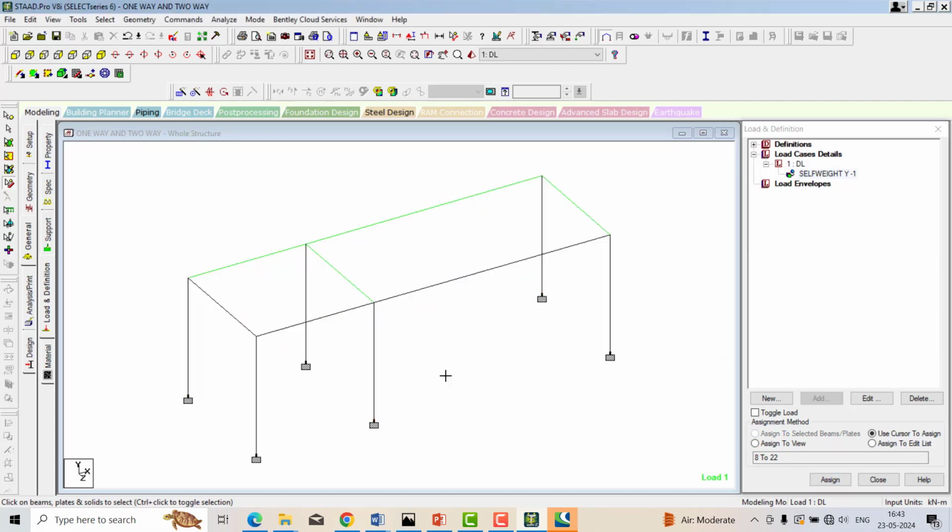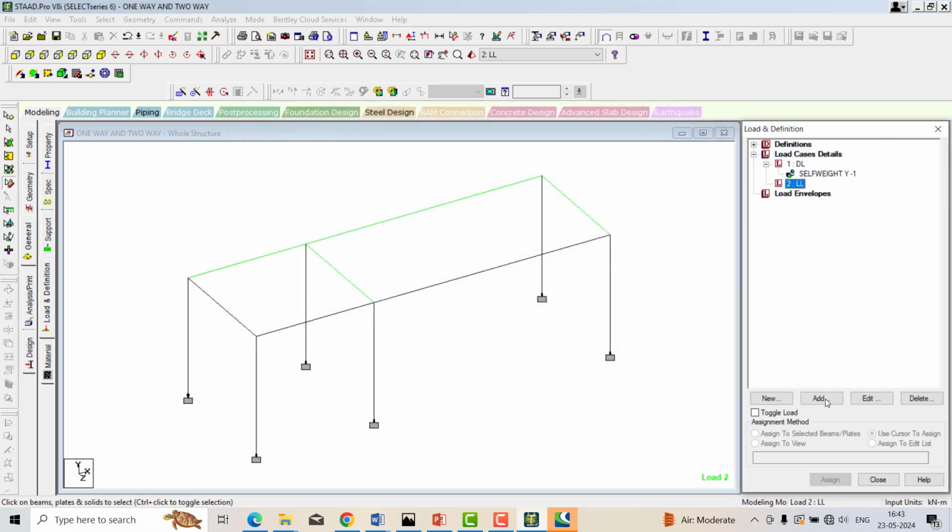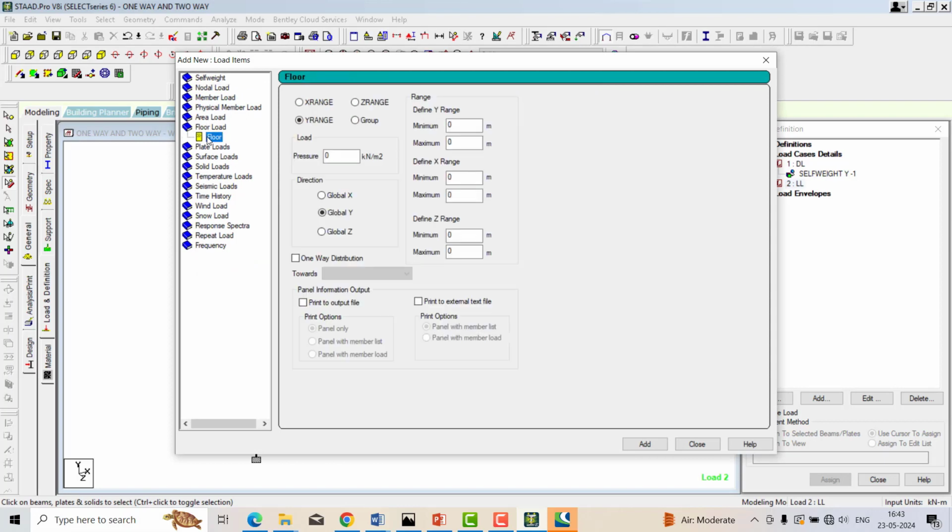In the last session, we already discussed how to select the live load or imposed load. Live load is nothing but moving load. Normally, for a residential project, we take 2 or 3 kilonewton. For a commercial project, we can go ahead with 5 kilonewton. Load case details, add, changing the load type, that is live load, LL, add and close. Click over the live load. Floor load, slab load is same. I am just going with -3.